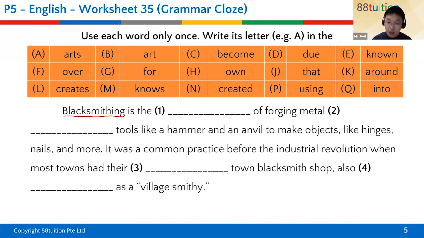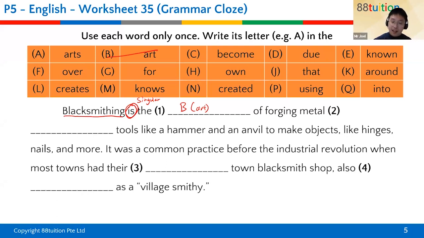So blacksmithing is the what? Blacksmithing is the art. It is the art, it's one art only. So the answer here is B, the art. So B is out, and I can tell you immediately that A is arts, which looks so familiar to B over there. You may actually make a mistake and put A as your answer, but you don't realize that blacksmithing is, look at this, if they're using is, it must be singular, because is is the verb for singular subjects, isn't it?